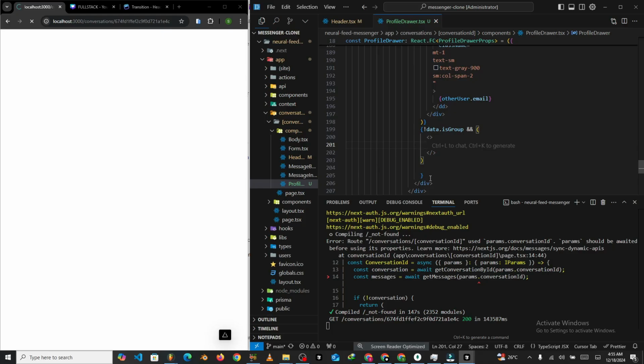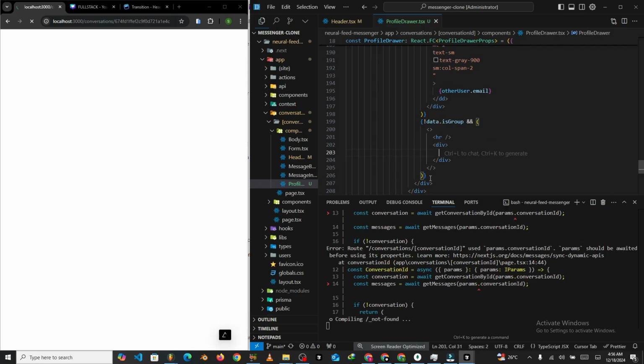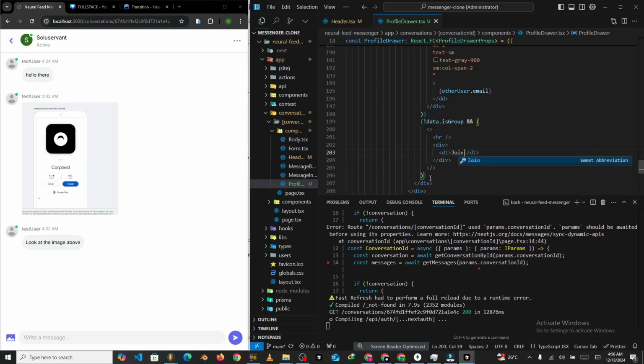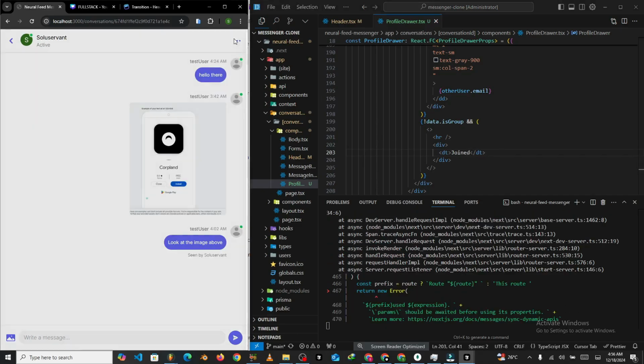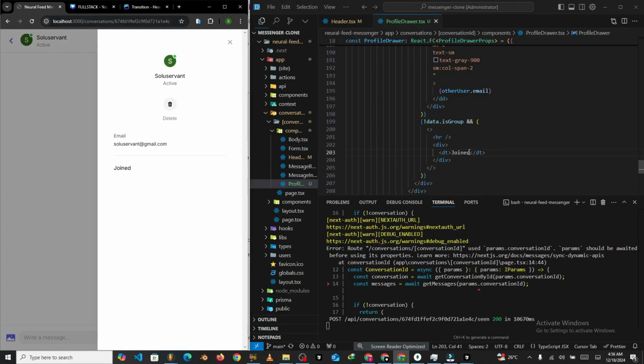Then right above we have our HR element, and we just create it by doing this. So HR element has been created, nice and clean. And then right after, we quickly want to come in and add a div. Then inside this div we have dt like this. Then this dt is going to have joined. So here you can see that it's here nice and clean. Okay, so here we are going to have joined,